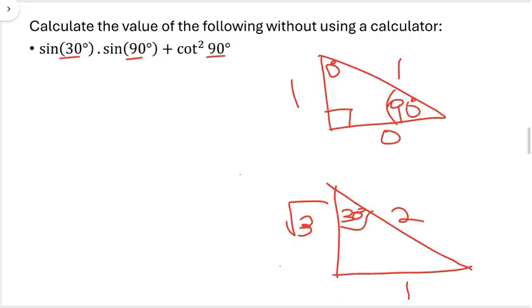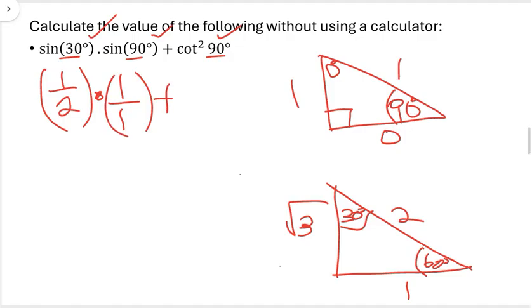I think this question would be out of 4 or maybe out of 3, because you should get a mark for getting this value, a mark for that value, a mark for that value, and then a mark for the answer, right? So sine of 30 degrees, there's 60 here, sorry, in this triangle there's a 60 there. Okay, so sine of 30, sine is opposite, which means, like I said earlier on, it's going to be half. I was actually using this triangle here. So sine of 90 degrees is opposite, which is 1, over the hypotenuse, 1,